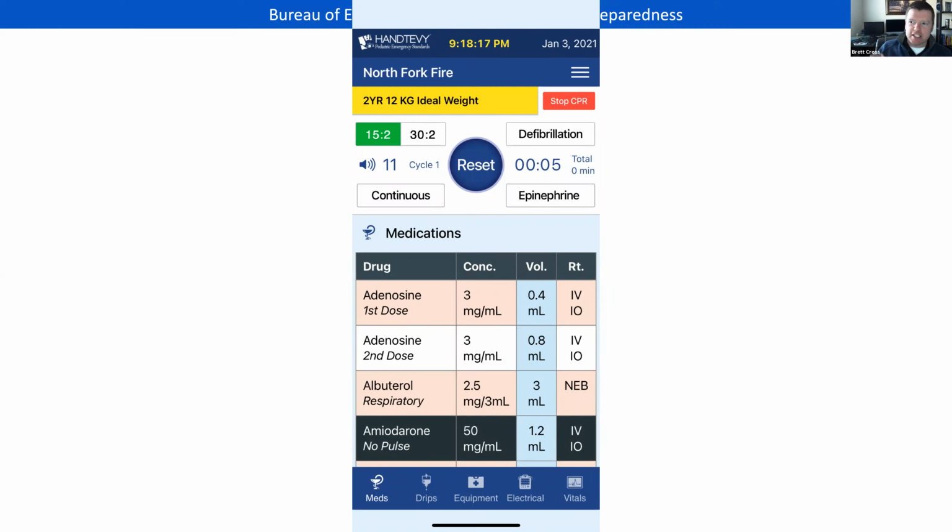It's also going to kick the light on your phone so that it gives you a visual reminder to ventilate. Several things are going to happen with this. You're able to do that until you get an advanced airway, then you switch to continuous. We know that most of our cardiac arrests are all going to be given epi. Some of them may be given some of the others, but